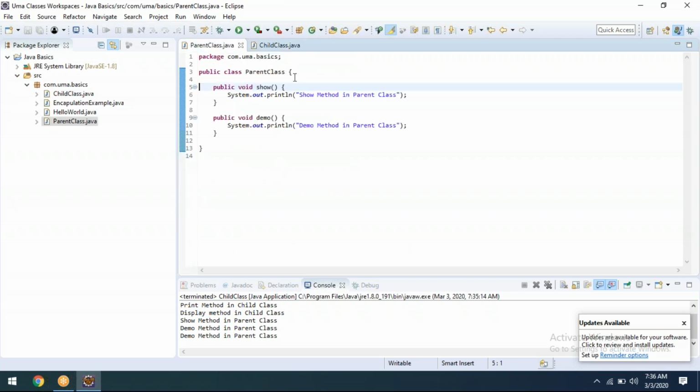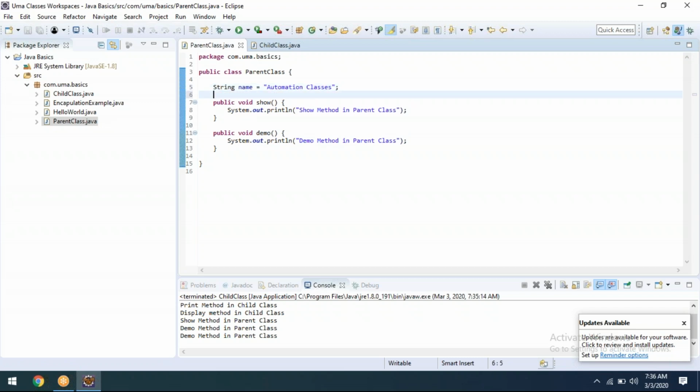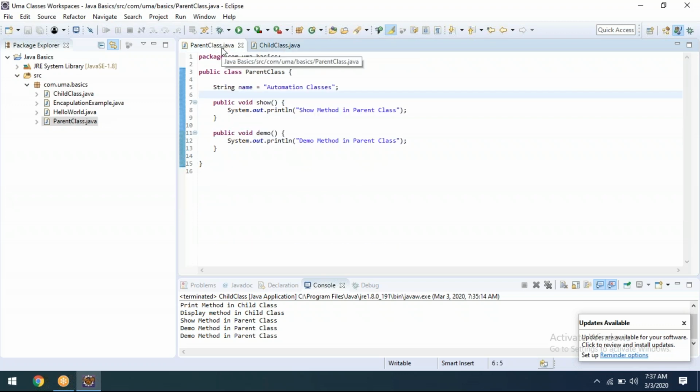Here I'm creating String name equal to something. You're getting my point? Now, if I didn't mention anything, public, private, or something.